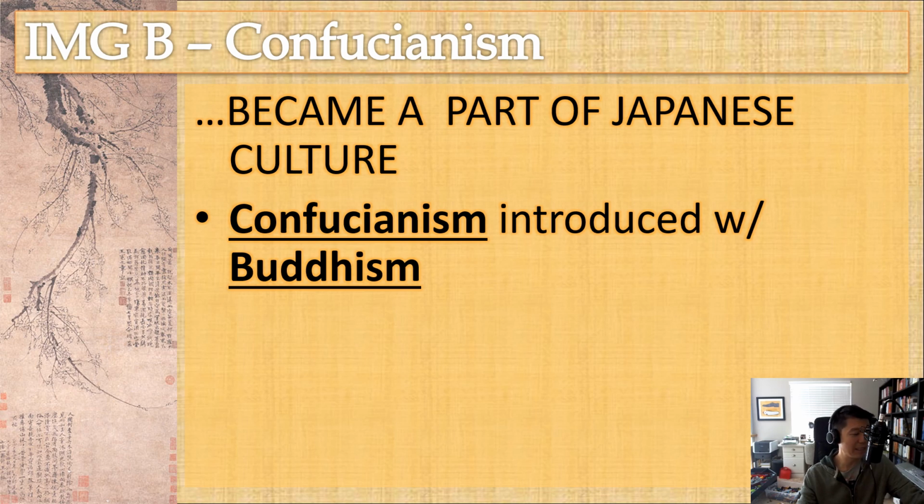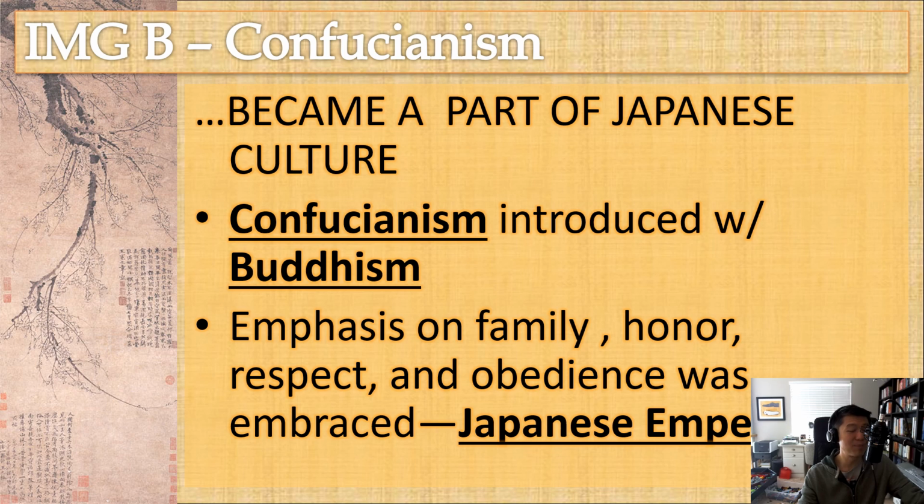So these two competing cultural influences from China will in the end be brought to Japan, and in a lot of ways they would be merged together. Right? The emphasis of family, honor, and respect and obedience would be embraced to create a new Japanese emperor that would over time be at least culturally one of the most important people in Japan. Sometimes not necessarily in regards to real political power. We'll see that with the shogunate period and also the imperial Japanese period. But in terms of veneration for an emperor, this is where it begins.